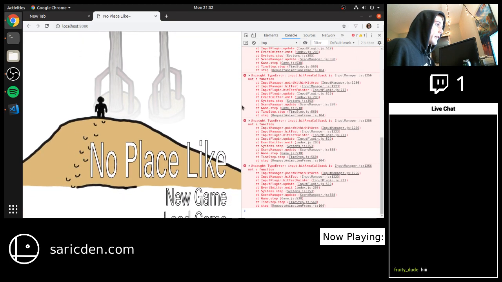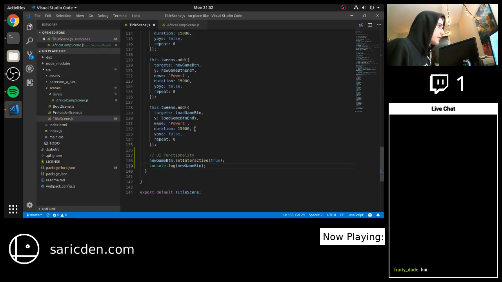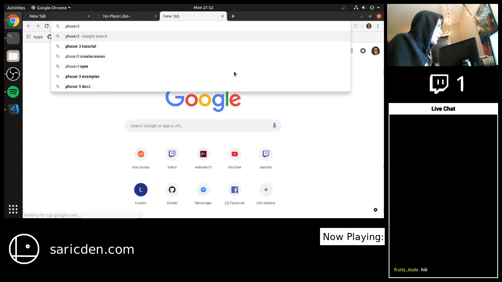Funny, it's erroring from input manager in Phaser. That's not the best. Let's just look up a real quick tutorial. That's what I always do in times of crisis. Probably a better way of doing that, but